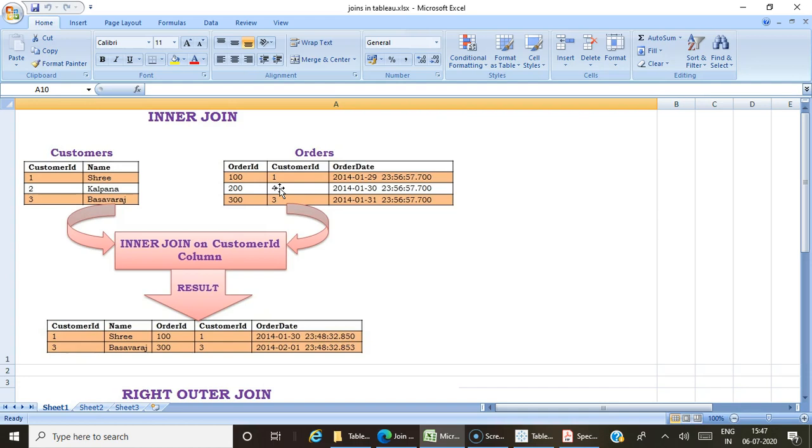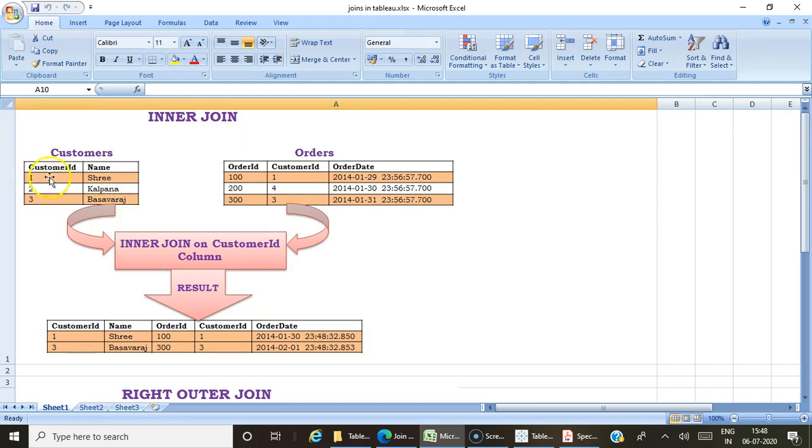So when I want to join these records between these two tables, if I choose inner join, what will happen? Inner join will take only the matching records between the two tables.